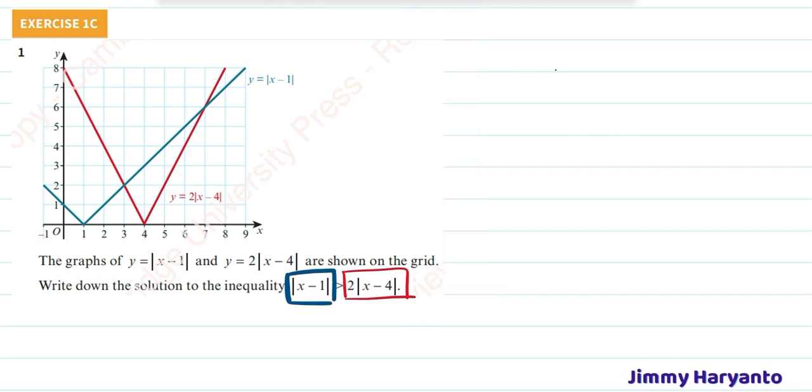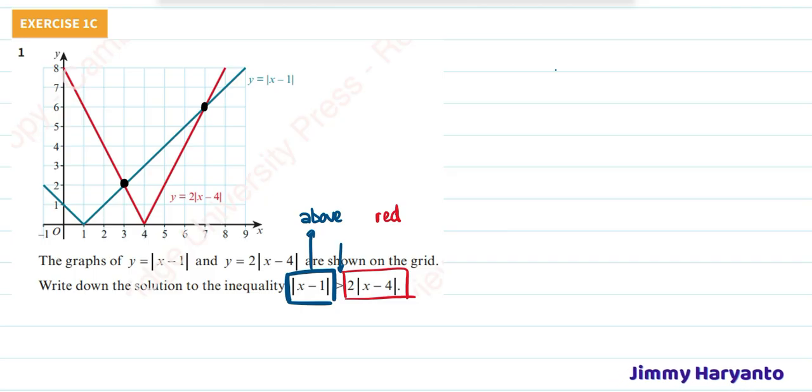Okay, take a look at the graph. Greater means this one has to be above, sorry, not upper, above the red one. So you have to find the parts when the blue is above the red. Yeah, the boundaries will be the points of intersection. So x equals 3 and x equals 7. That is the crucial point.